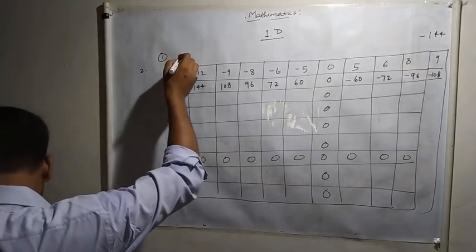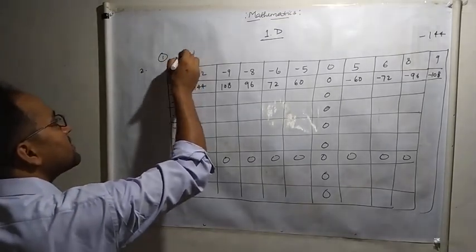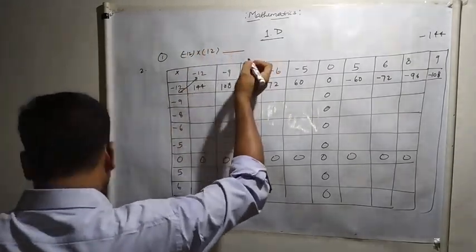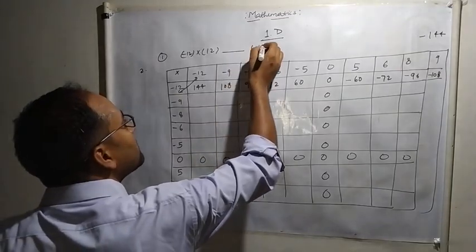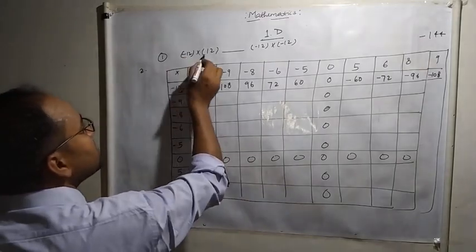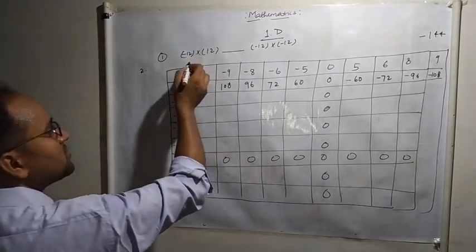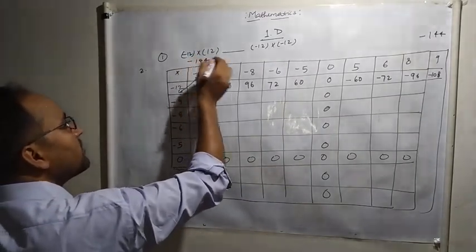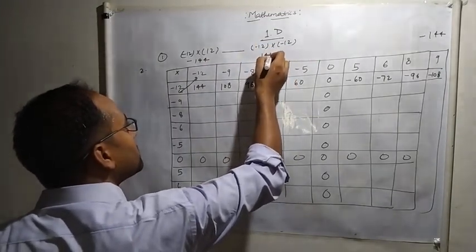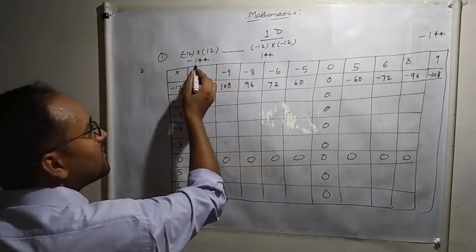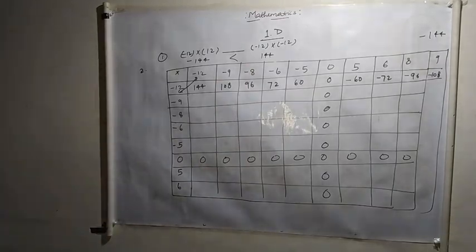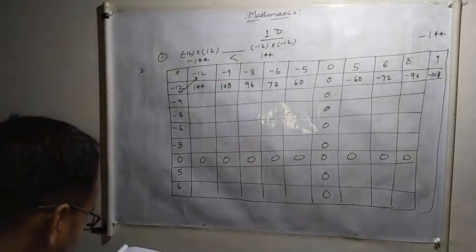First one, in this, minus 12 is multiplied by 12. Here is the blank, and minus 12 is multiplied by minus 12. So here one is negative, another is positive, so you will get minus 144, and both are negative, so the product is positive 144. Which one is greater? It is very easy. Positive value is greater than the negative. So 144 is greater than minus 144.